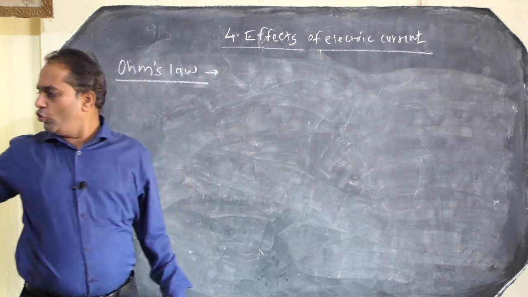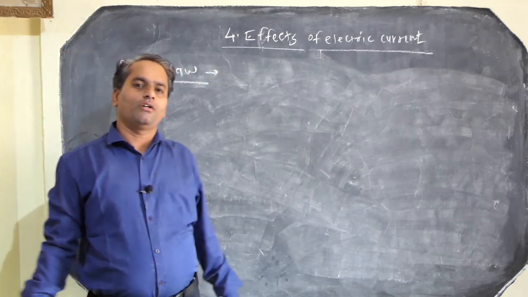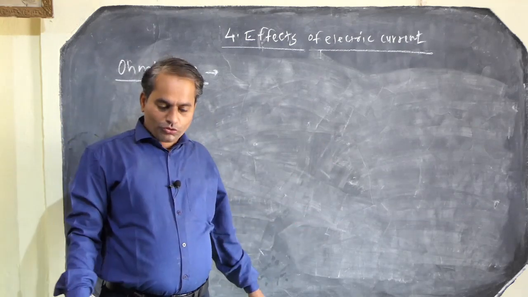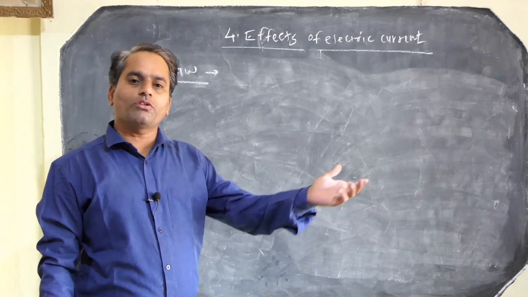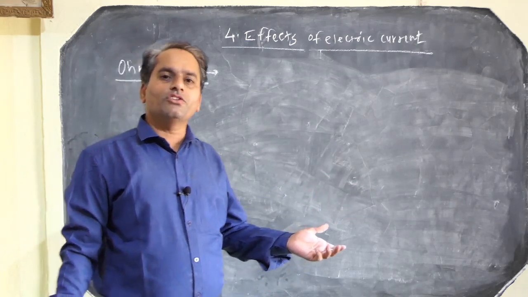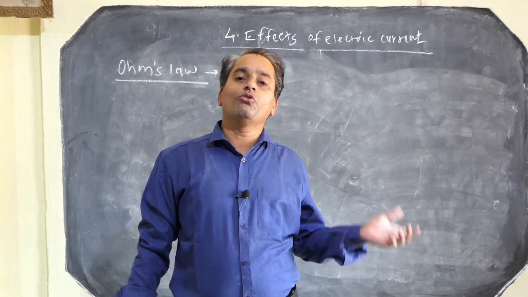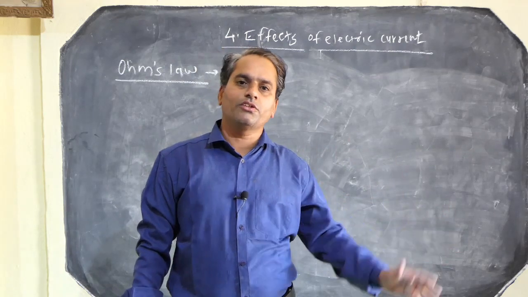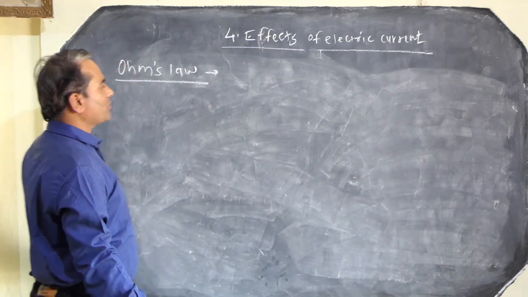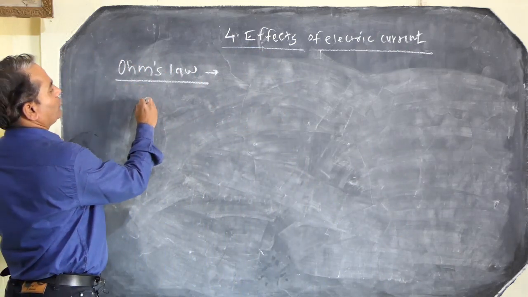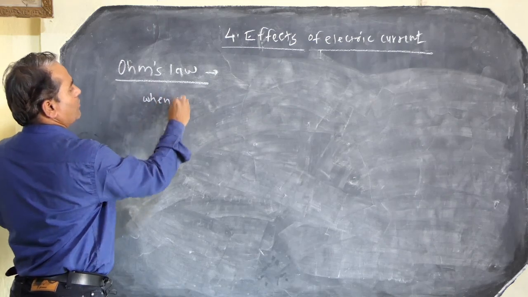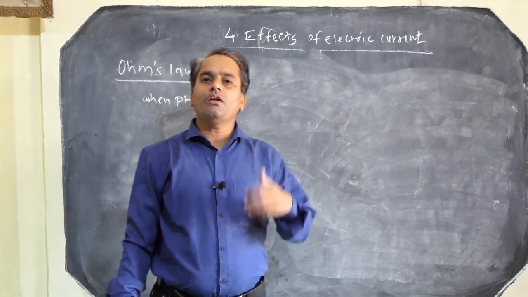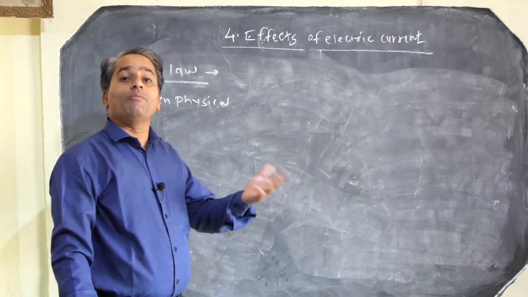Ohm's law is the basic law which gives the foundation for the next inventions in electrical circuits. It gives the relation between current and voltage, or current and resistance. Ohm's law states that when the physical state of the conductor remains constant,